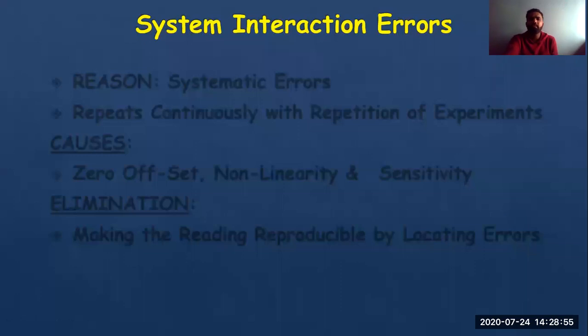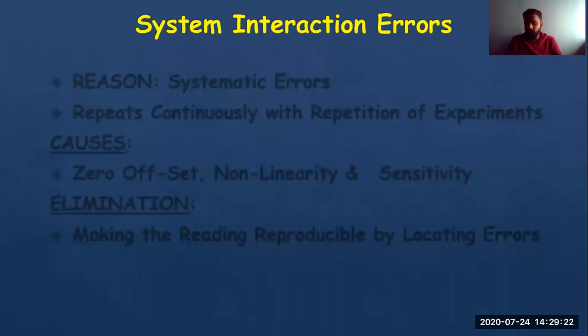Second last, I would say, system interaction error. You can say it is a part of instrument error only. Suppose this is a zero, and if it is at an offset, this is called offset error. If something is interacting with the system, I want to use the instrument for proper reading, but if I'm not able to use it due to offset error, such an error is called zero offset error.